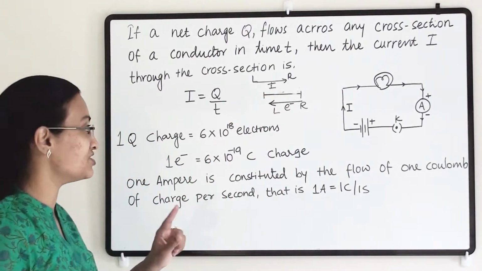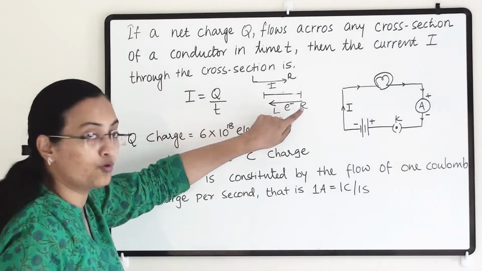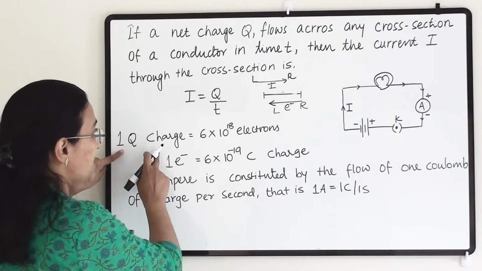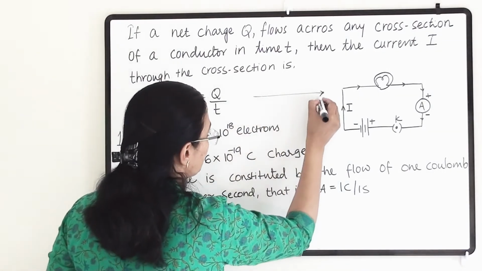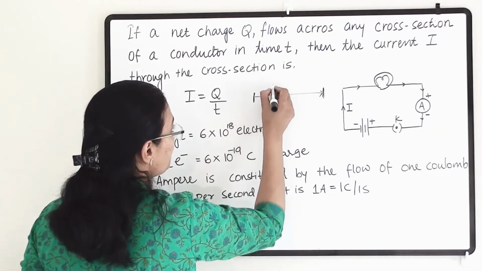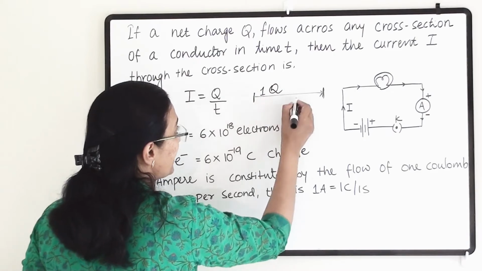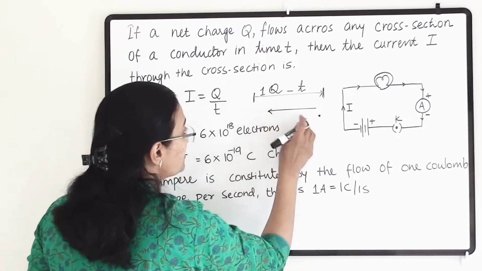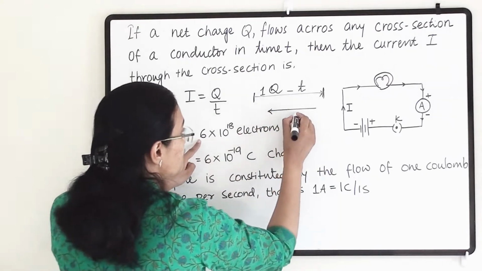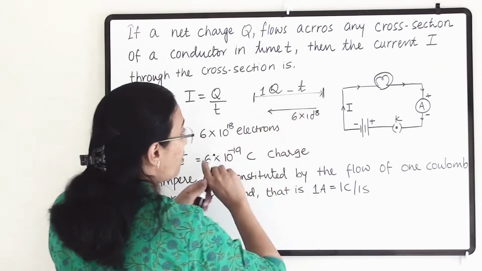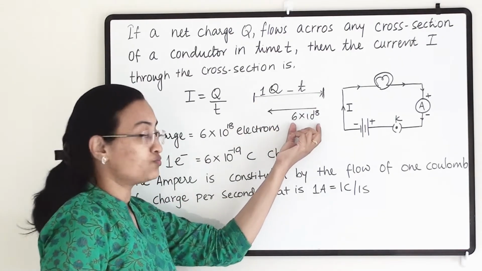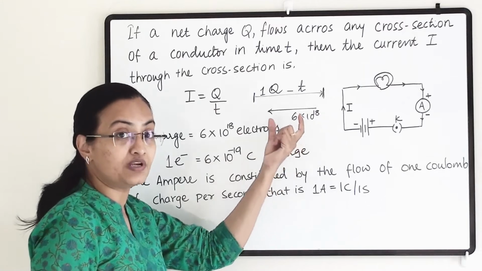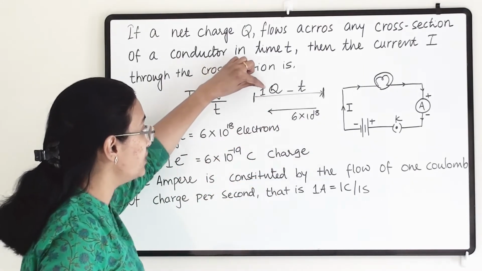Electrons are negatively charged particles, and they will flow opposite to the current. Now when 1 coulomb charge passes, this is our cross section from here till here. If 1 coulomb charge is passing at time t, then how many electrons will flow in the opposite direction? So 6 into 10 raised to 18 electrons will flow in the opposite direction. When this many electrons flow from right to left, and whatever time it takes,